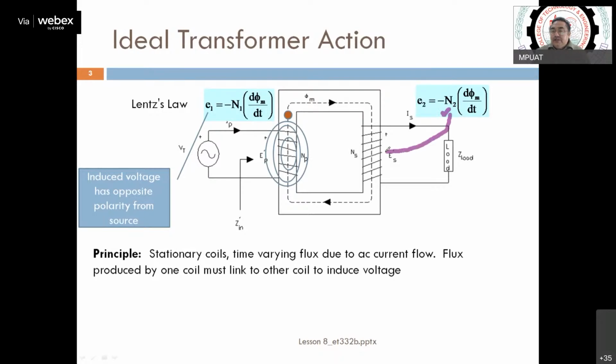Okay, so according to Faraday's second law, it is directly proportional to the rate of change of flux linkage. Now flux linkage is nothing but N into phi m. N being constant, it has been taken out: minus N1 d phi m by dt. Maximum value we are taking here. Similarly, here N2 d phi m by dt. So these are the two induced EMFs produced on either side, that is, on the primary and the secondary winding. Okay, so now we will find out the